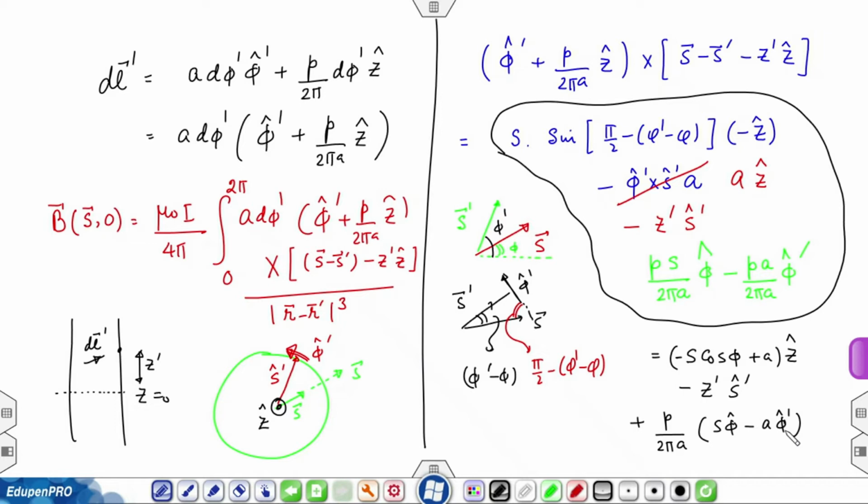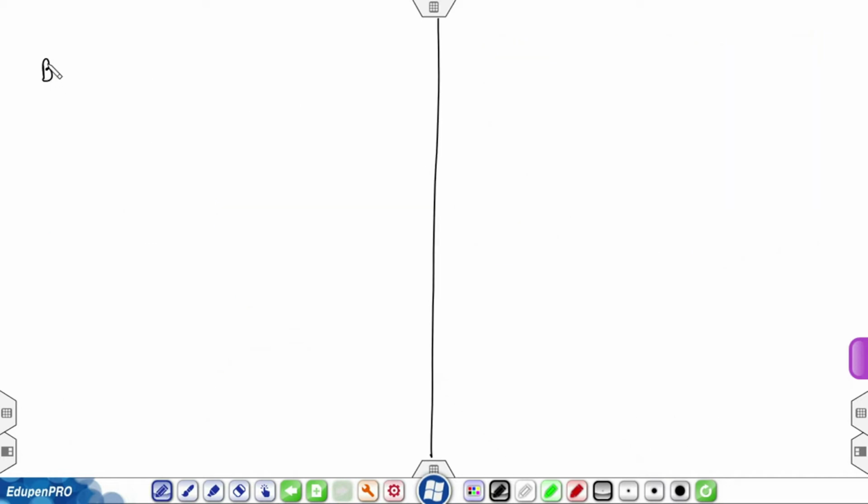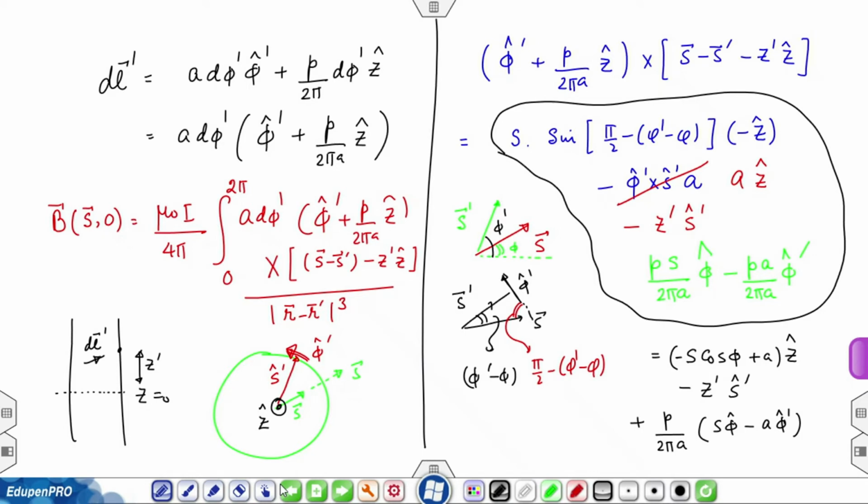So, I will write now B due to one loop is equal to mu naught I over 4 pi integration a d phi prime, and then all that I had from the previous slide: minus s cosine phi prime minus phi. I hope I had that. Okay, so, let me correct that. It was phi prime minus phi